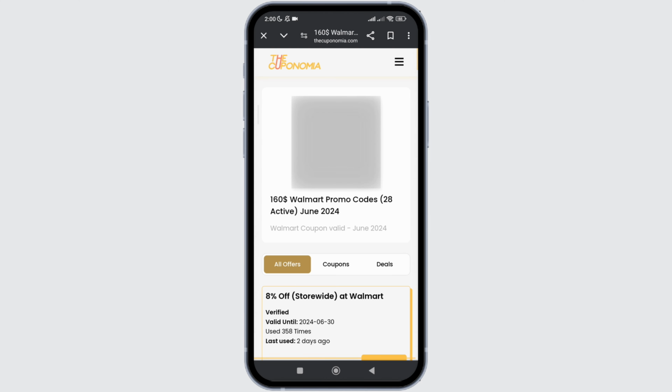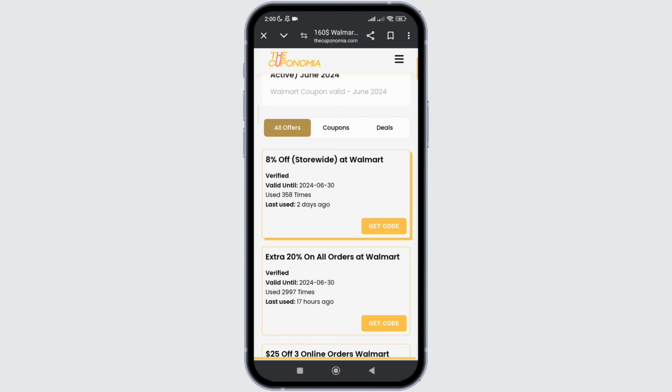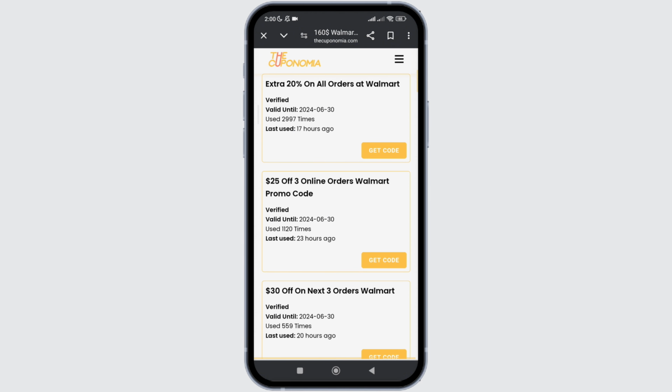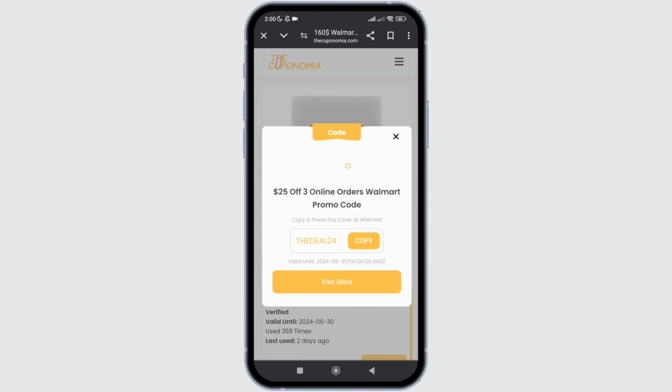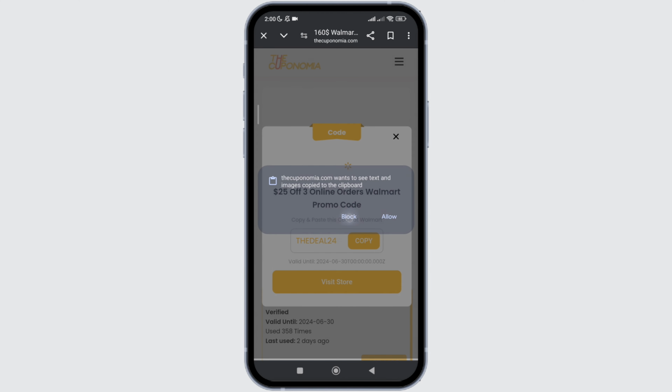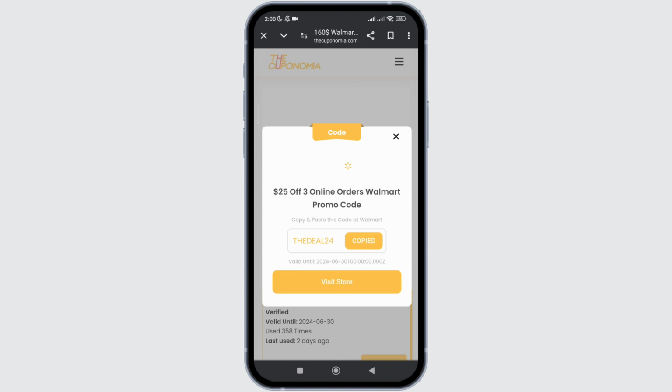Inside the website, you will see a lot of offers. Choose any one which you think is suitable for your shopping in Walmart and click on Get. Then after, you will see this code. You simply need to choose the option of Copy. And now if you want to use the discount right at the moment, simply choose the option of Visit Store